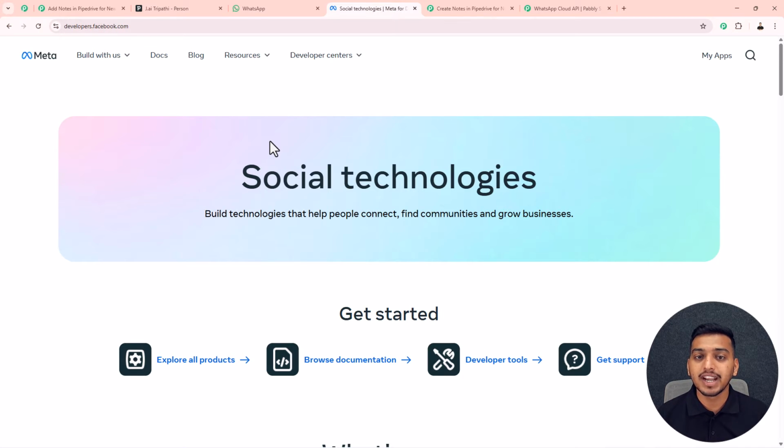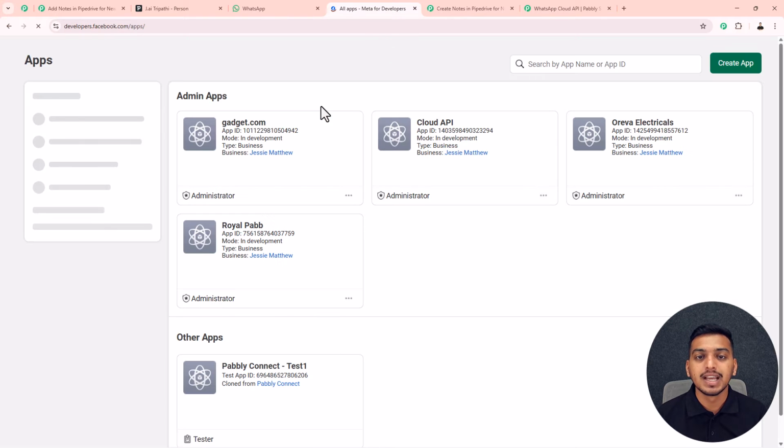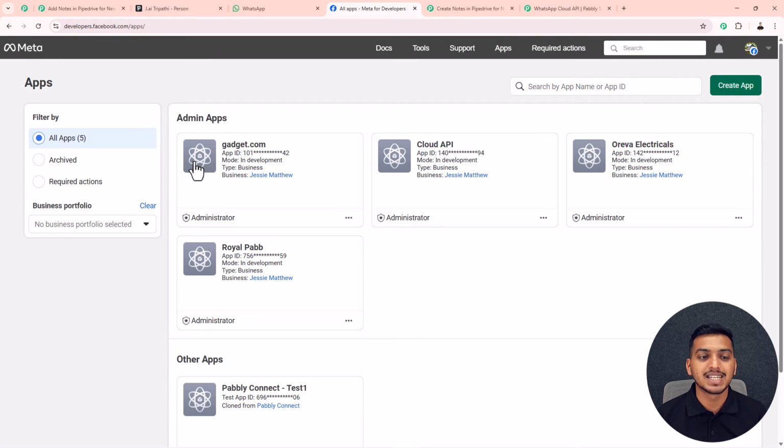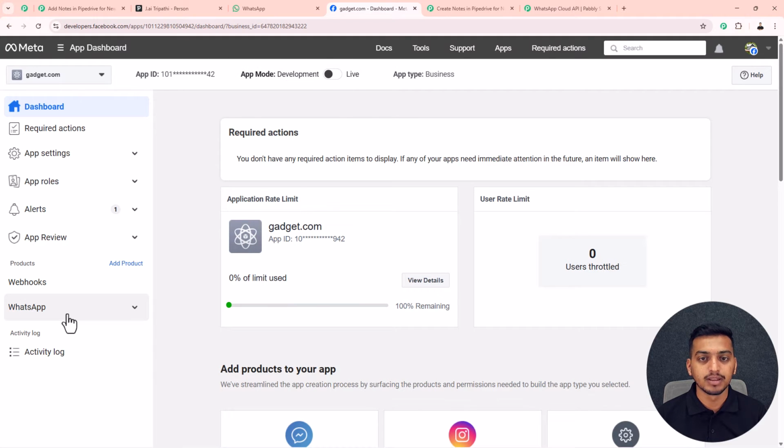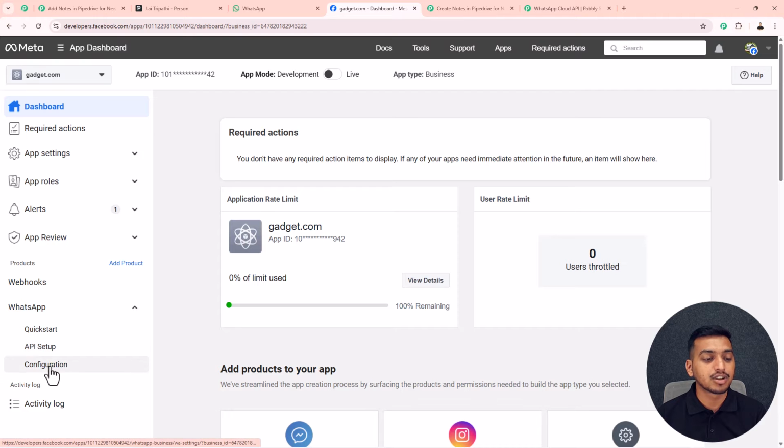Now after creating your Meta account, you will see that this My Apps will be visible on your right side here. So you have to click on this My Apps here, and then you have to select the application that you have created for yourself. So I will select this particular application. After that, you will see that I will get directed to another page where on the left side here this WhatsApp drop down is now visible to me. So when I click on this drop down, I will select this configuration,